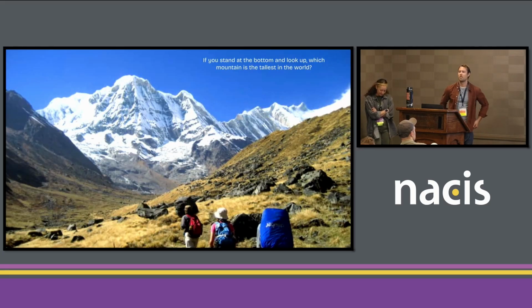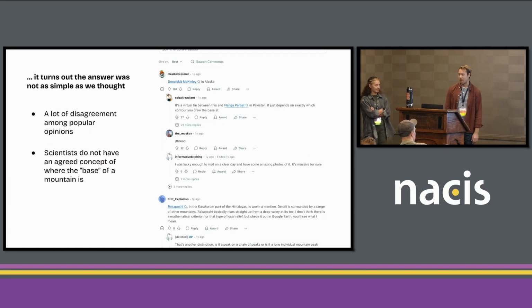Started off a few years back. I'd been doing a lot of adventure mapping on different expeditions up Everest and K2 and Annapurna, and I really wondered, what is actually the tallest mountain in the world if you sit at the base and look up at it? I know the heights above sea level of all of these different ones, but if we actually try to measure the mountain from the bottom to the top, which one is the tallest in the world? And it turns out the answer was not as simple as I thought it'd be.